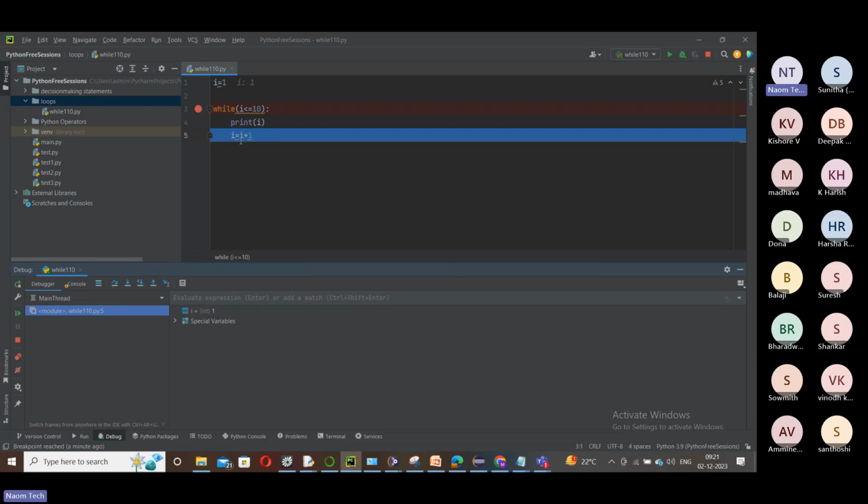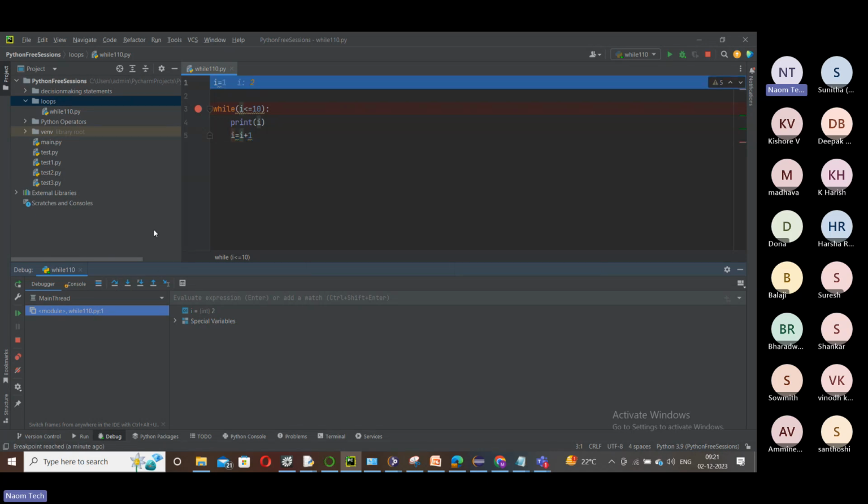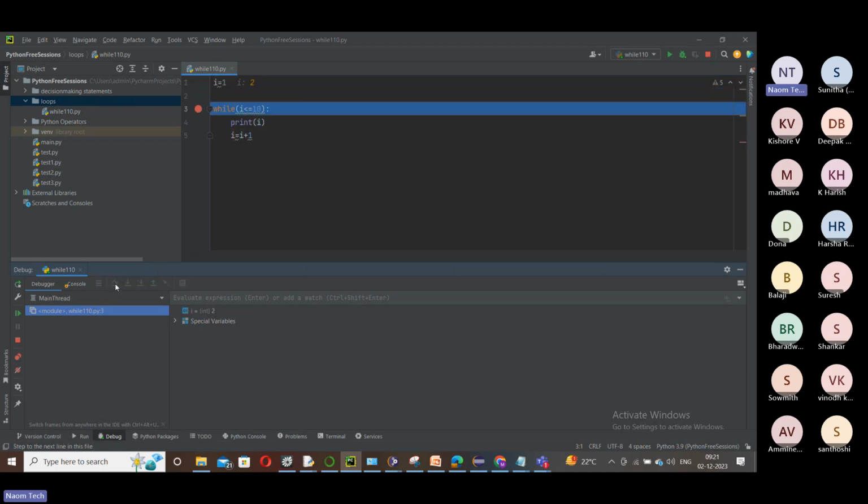And then it moves to the next one. When this is executed, you can see the value of I keep changing here. When this is incremented, you can see that this I gets incremented. Also at the bottom, you can see all the variables of your program, and even here we have I visible. So like this, you can trace your program.